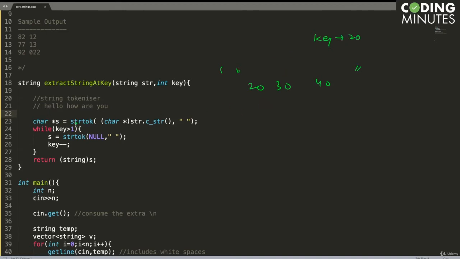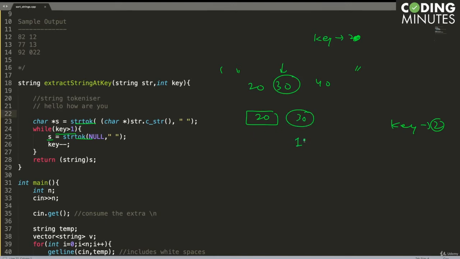What happens is we extract the first token, we get 20, and we ask, what is key? Key is greater than 1, since key is basically 2, meaning the second column. So we extract the next token. This time it gives 30, and we say key minus minus.